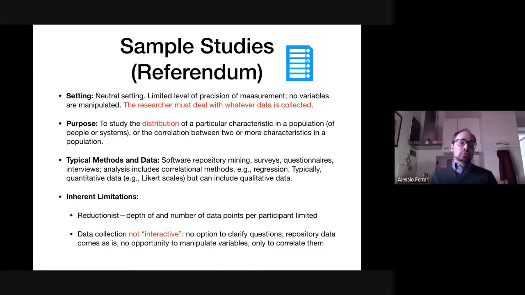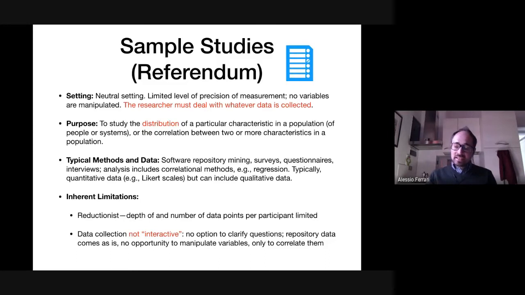Normally, you use quantitative data, but you can have also qualitative. But these sample studies are oriented mostly to frequencies, because it's easier. Intuitively, a questionnaire in which you have just check boxes instead of free text boxes is easier to analyze in terms of frequency. Because the free text boxes have to be analyzed like interviews, but you don't have the possibility to ask clarifications. The limitation is that